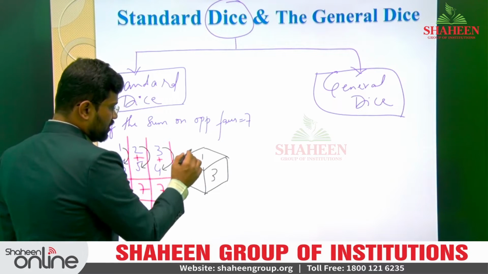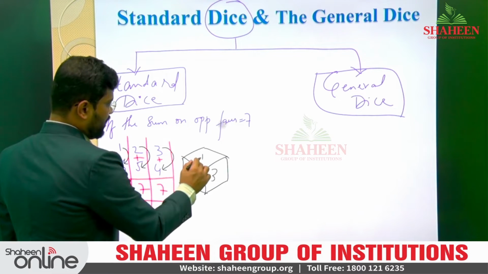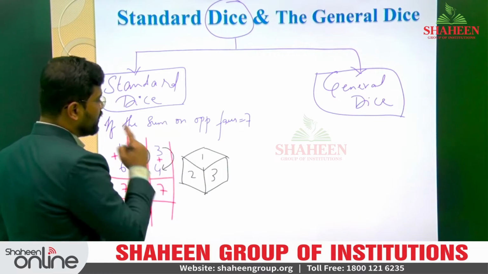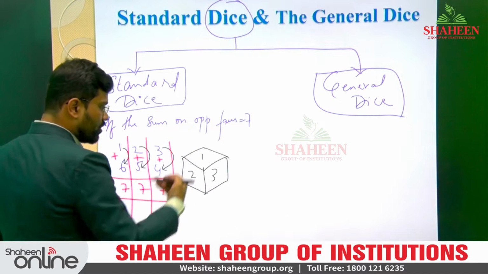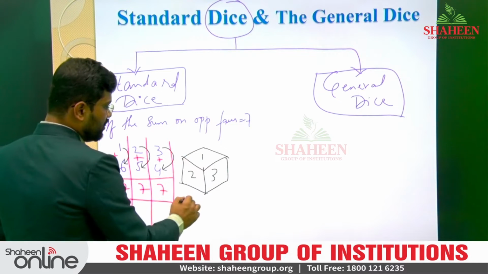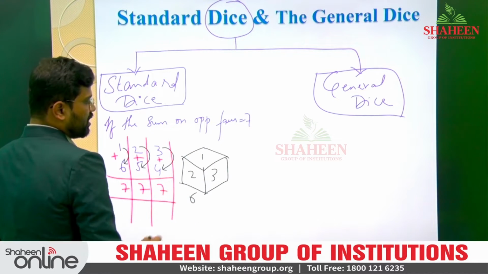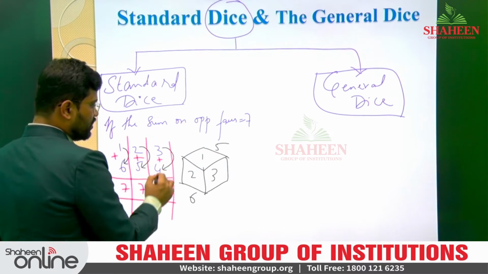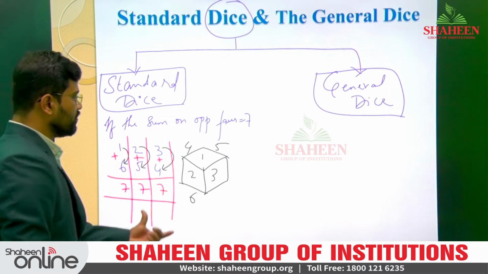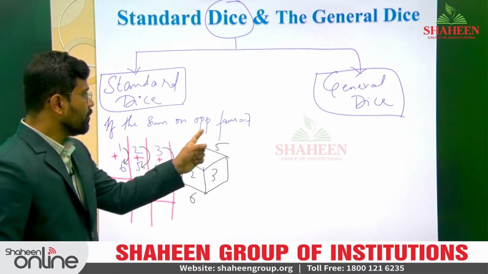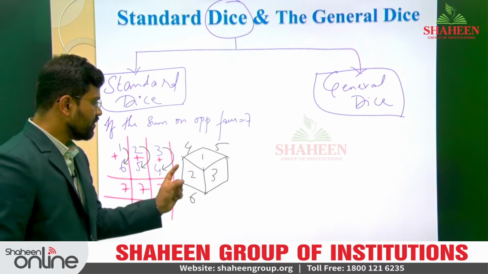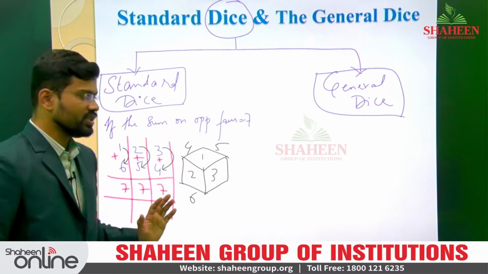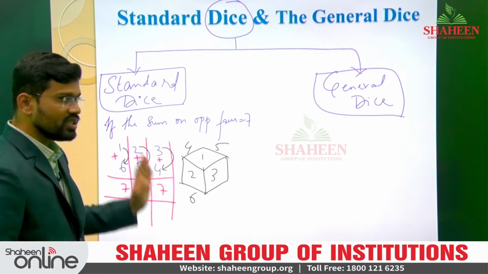If I take 1, 2, 3 on the visible faces, then as per the concept of standard dice, the number opposite to 1 should be 6, the number opposite to 2 should be 5, and the number opposite to 3 should be 4. So the sum on opposite faces: 1 plus 6, 7, 2 plus 5, 7, 3 plus 4, 7. If the sum on the opposite faces is equal to 7, then this type of dice is known as